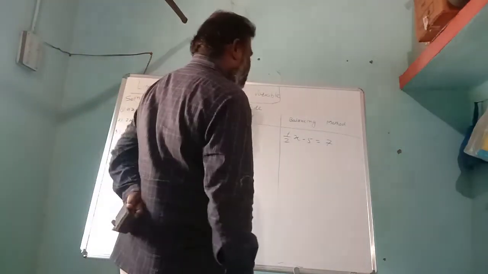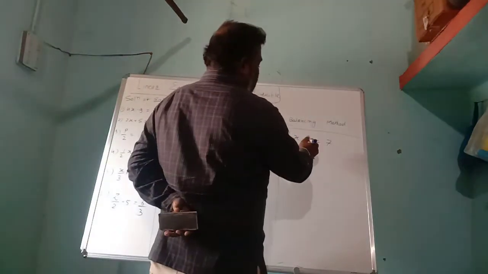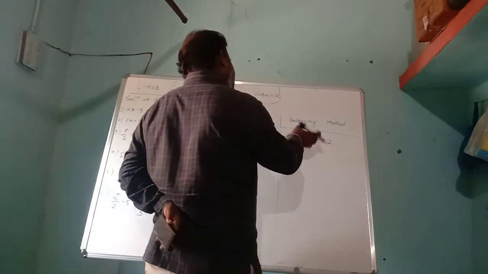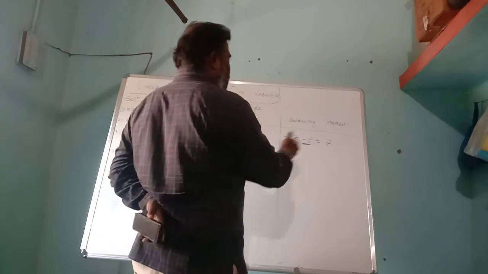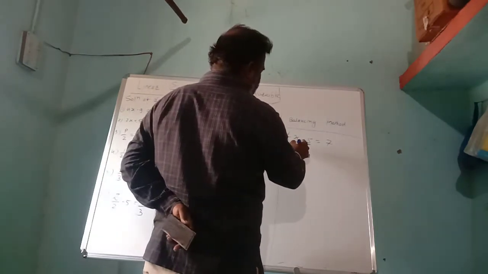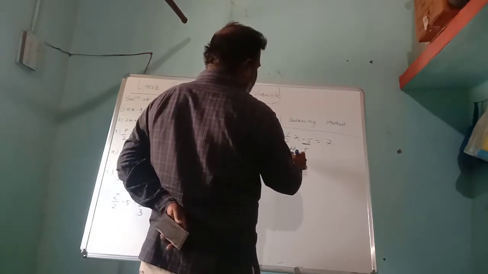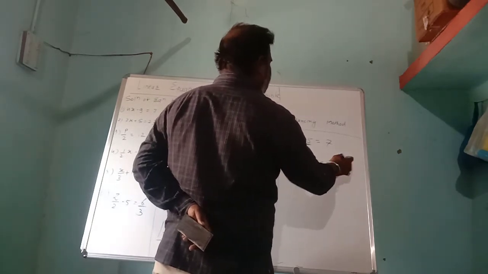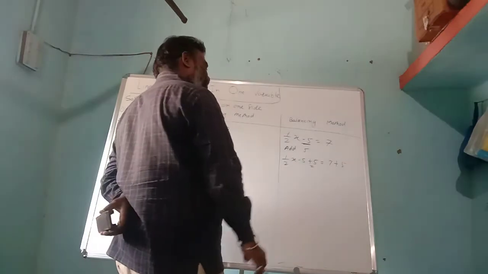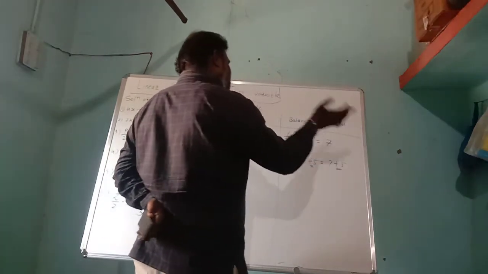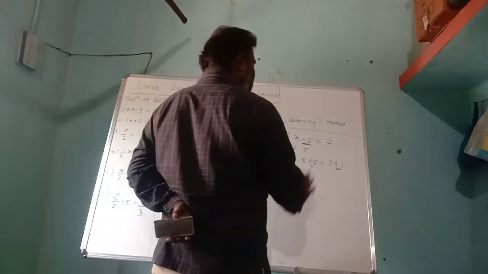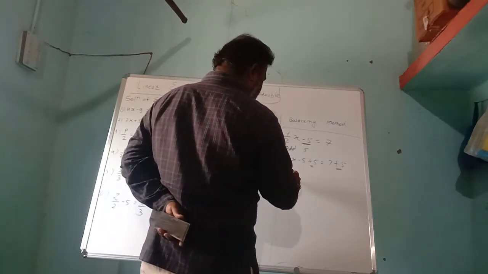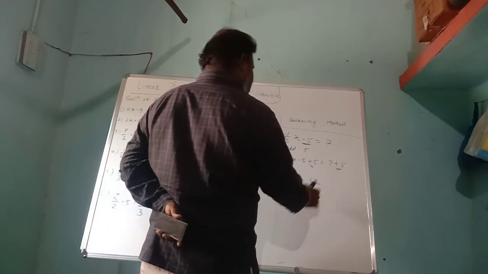In the balancing method, again we have to concentrate on the constants. Here it is minus 5. First step, we have to add 5 on both sides. 1 by 2 x minus 5 plus 5 equal to 7 plus 5. Here we perform addition of 5. On the right hand side also we must perform plus 5. Minus 5 plus 5 becomes 0. Hence x by 2 equal to 12.